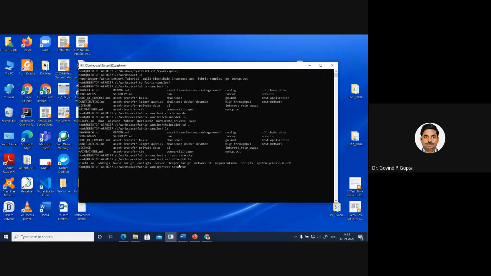Here there is a script file, network.sh. In the script file, all the process of execution of the network functionality is given. So you can see the code here.